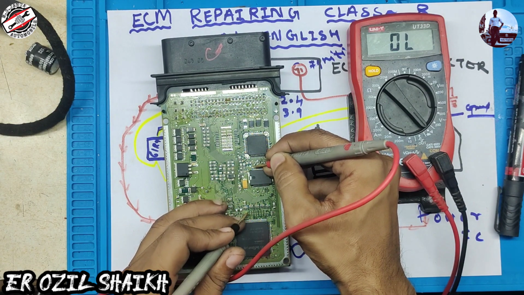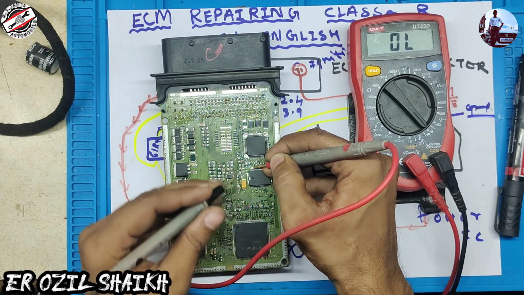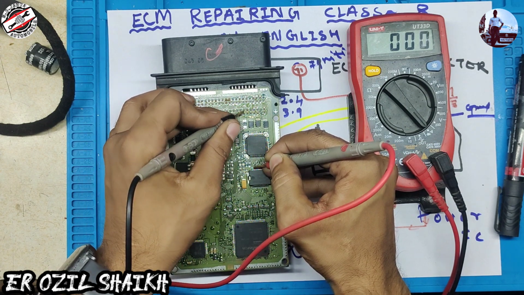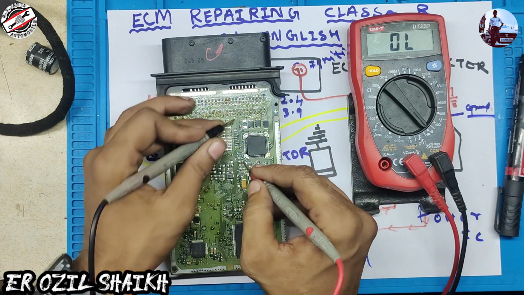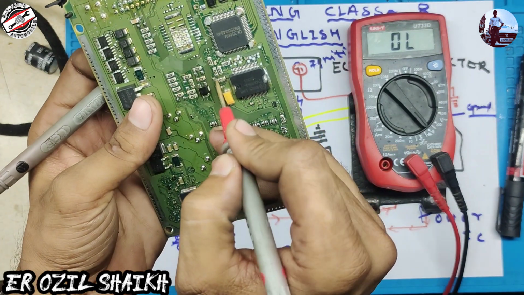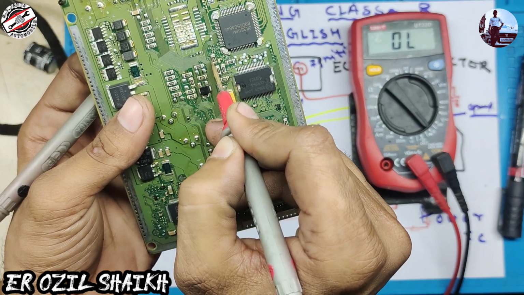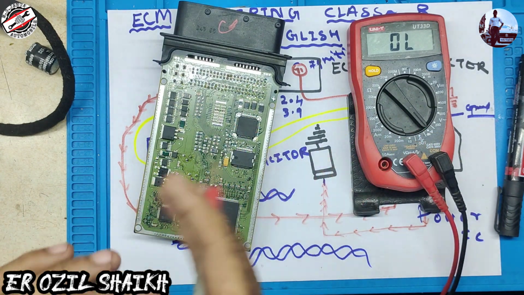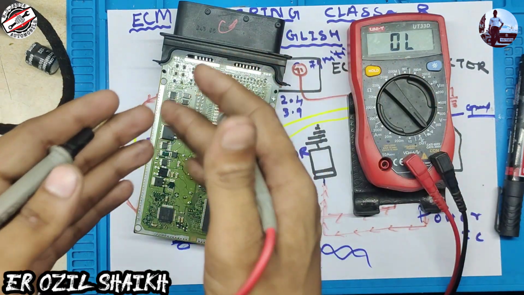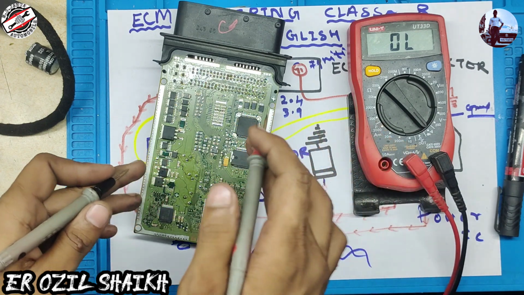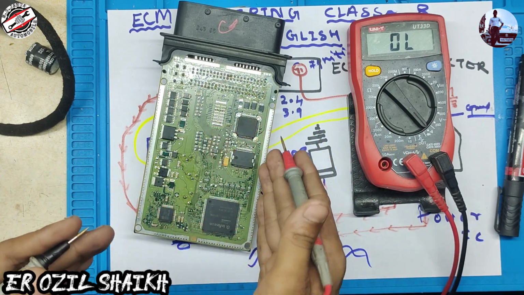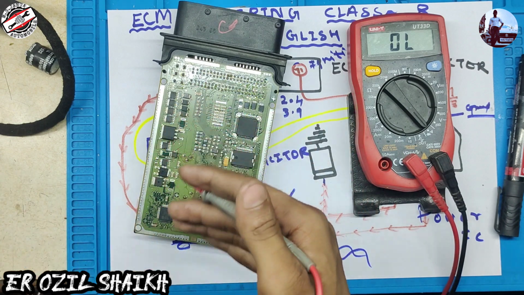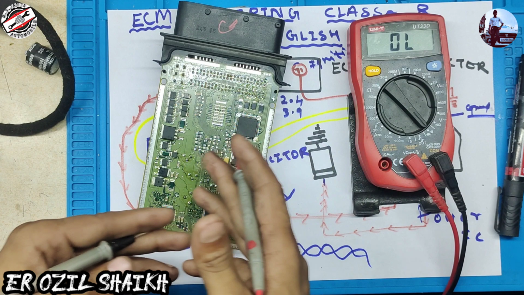Here are 18, 17 and 16. You can see here is the CAN low and here is the CAN high. In between, you can see we have two resistances, 61R9, 61R9. These resistances are used to cut the magnetic flux. They will not create unwanted frequency and unwanted noise which is created by itself. That's why they are used to cut the flux and any unwanted frequency.